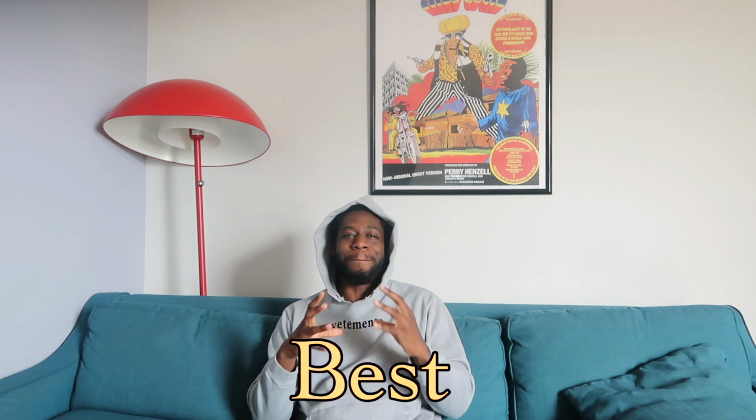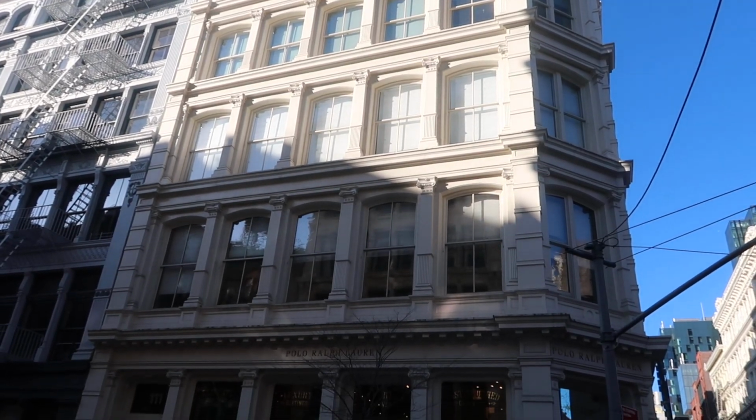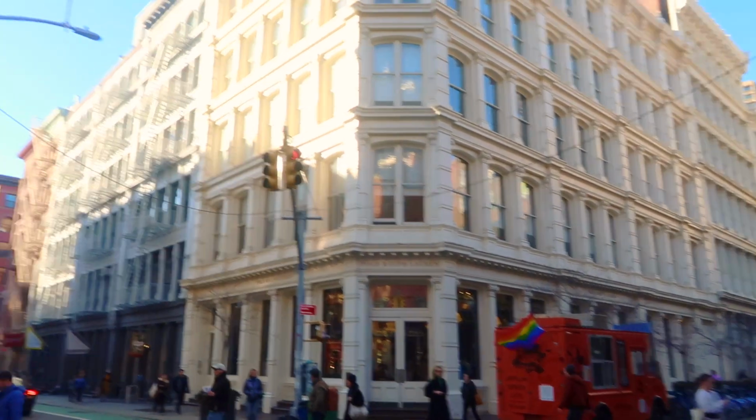Today we are going to be discussing the best neighborhoods in New York City, part 2. First neighborhood is Soho, short for South of Houston Street. It's a super trendy and affluent neighborhood. The neighborhood has buildings that date back to the 19th century. Some of the most notable architectural features include cast iron buildings, which were popular in the 1800s and are now